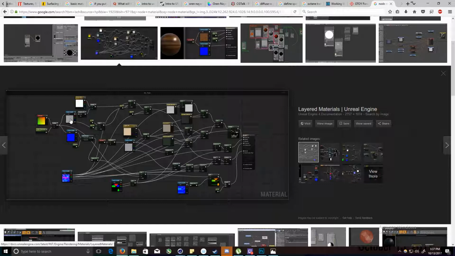But actually, that kind of reminded me. Do you guys understand how normal maps work? Like when you render at render time? Kind of. Okay, well, I'm gonna try